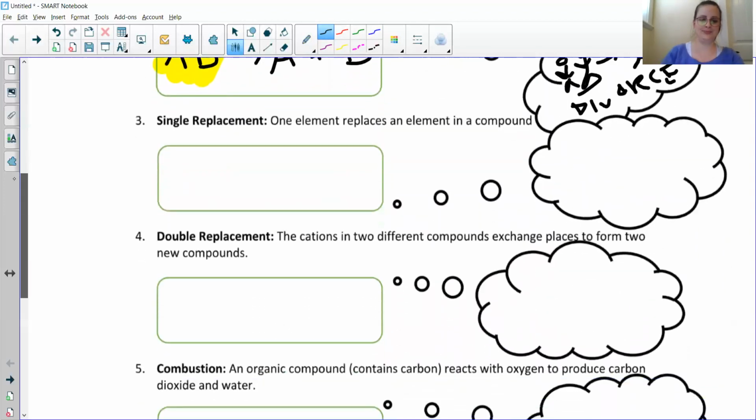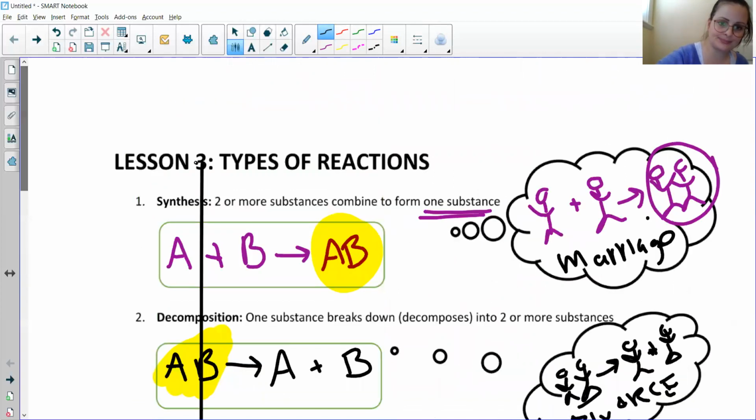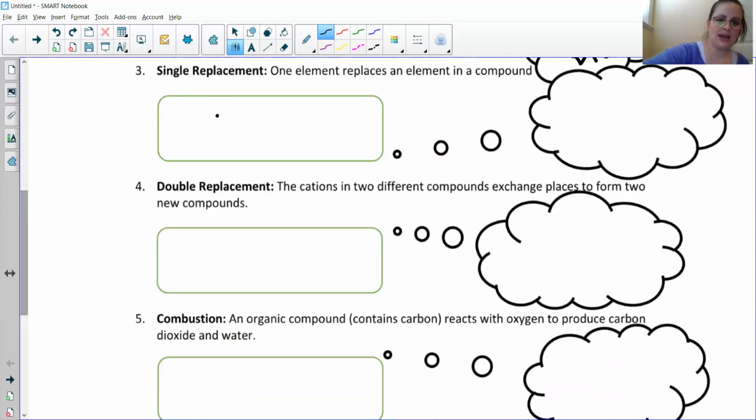Okay. So single replacement, that's when you have a happy couple. Oops, I don't know why it does that to me. It's really annoying. It's when you have a happy couple and then someone cuts in. So cutting in and dancing doesn't really happen anymore these days. If someone cut in on a dance back in the day, there would be some tea spilled